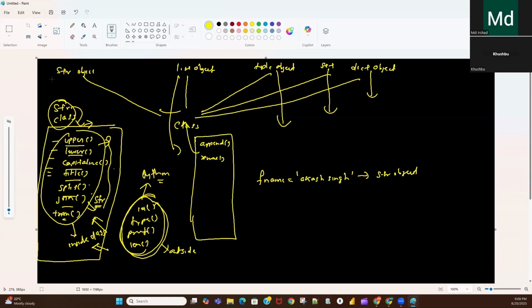I will show you an example of how we use each, and how we call the function available outside the class.